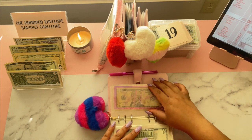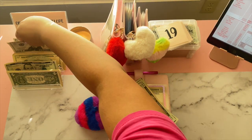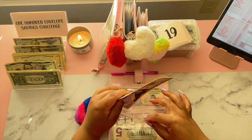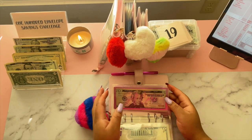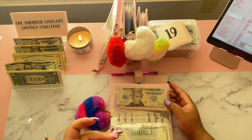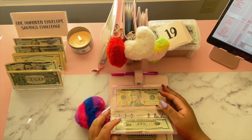Self-care is going to get $80. So 20, 40, 60, 80. And that's all self-care has is $80. My last hair appointment was way more. So basically I was told that my hair was only gonna be $80. I got there and she was like, oh, your hair is kind of short. So it ended up being $140. So definitely wiped out my self-care envelope. And I really wanna get my hair done again